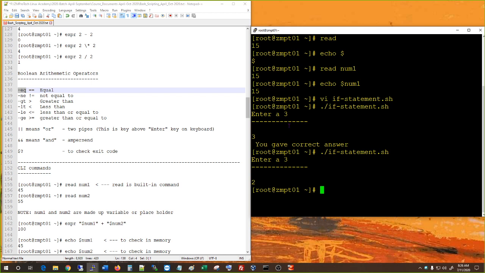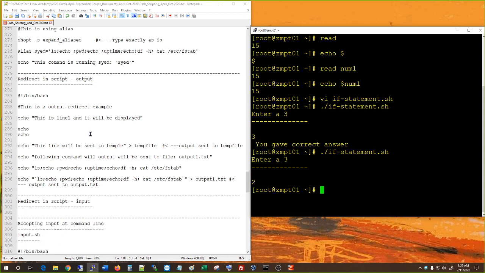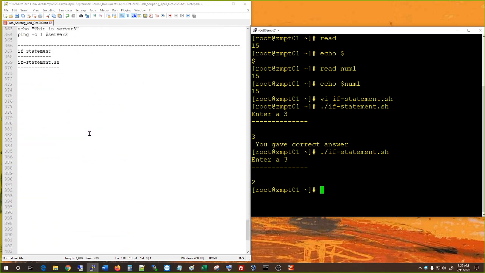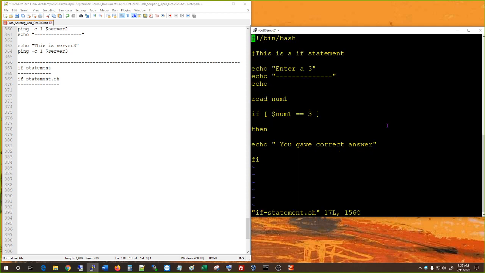Okay, so that will bring us to the else statement. If then else. So you guys are getting the concept, right? If this is true, do this. If this is not true, do that. Okay, that's what we are telling it. So if statement, echo enter number 3, read num1. If num1 equals 3, then